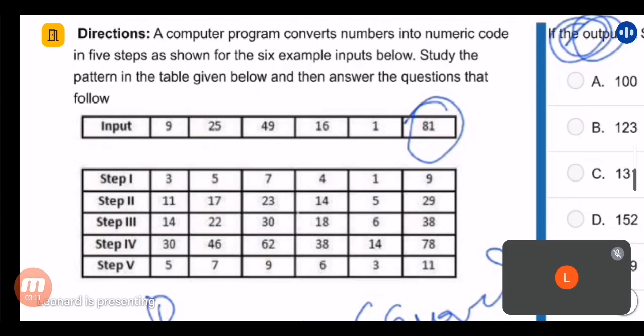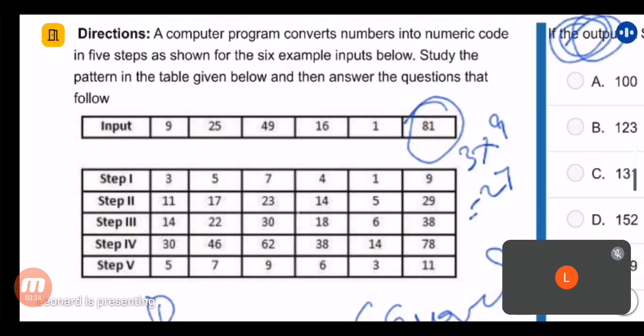3 times 9 is 27. Then 27 plus 2 is 29. So that's what we do, and we are getting that line. The next one is